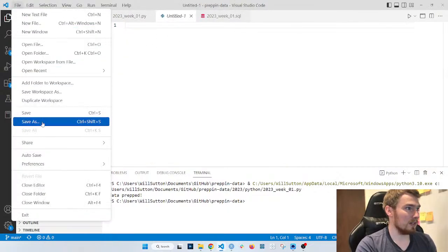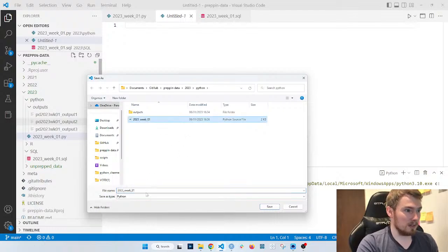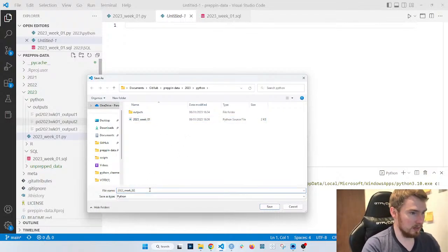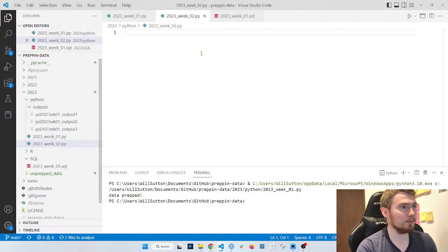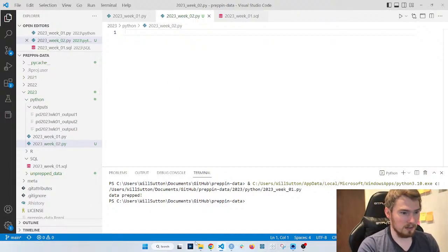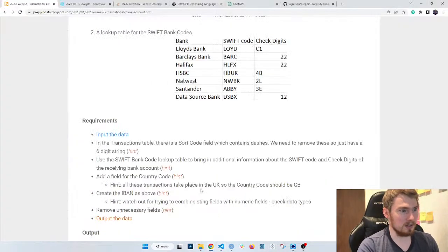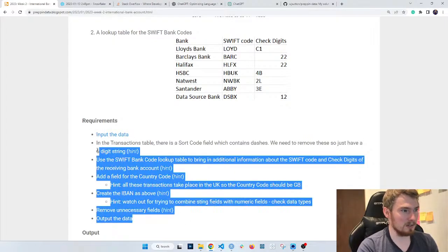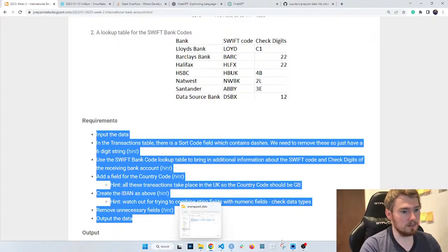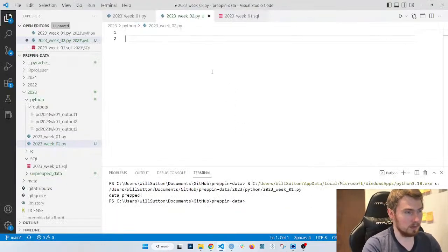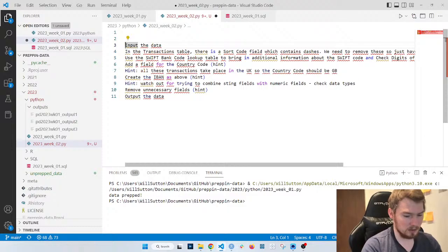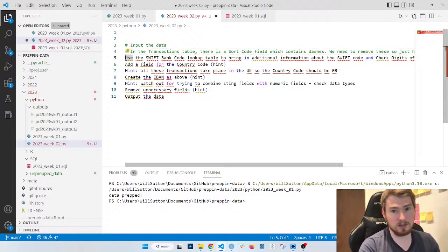I'm just going to save that as do week 2. Okay, so I've got that. I want to go back to my challenge and copy and paste all this. I'm going to use a hashtag to comment this out, so a comment won't be executed.